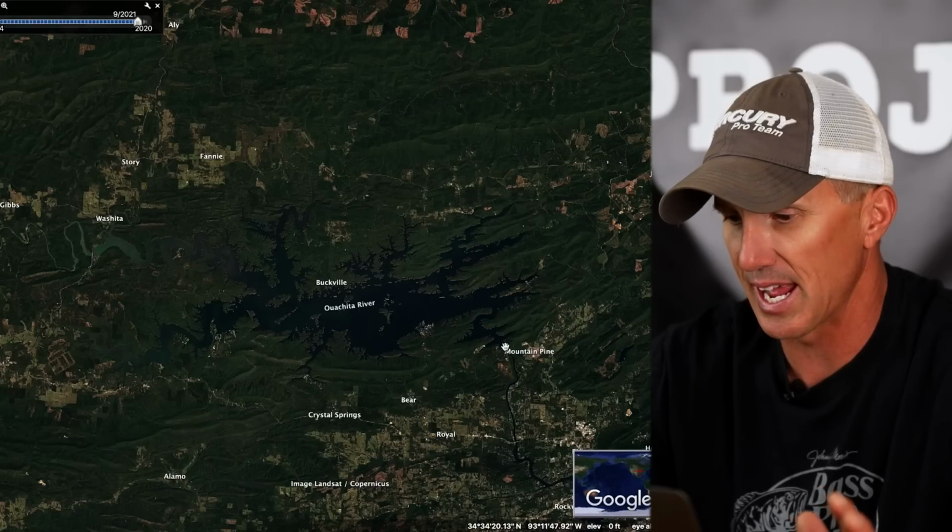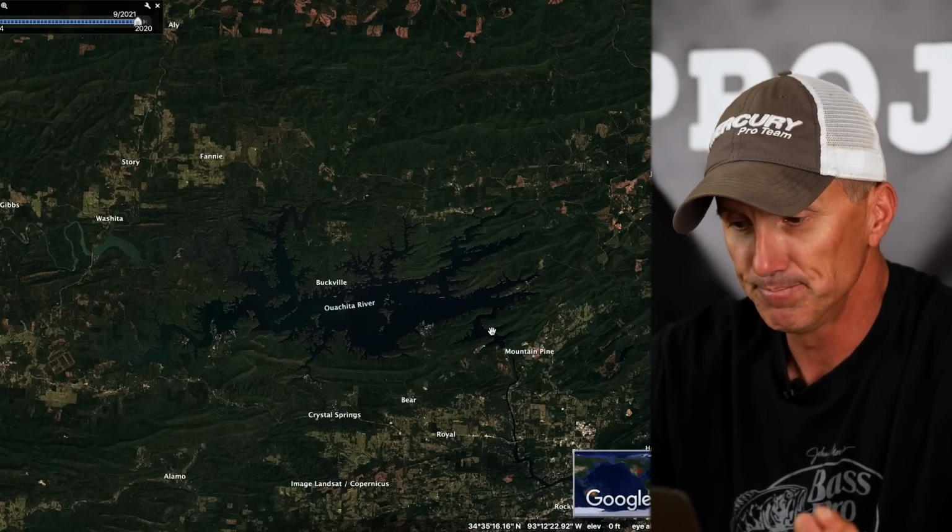This thing, you talk about no shortage of places to fish. Lake Ouachita has got that. And it's really similar to the two other lakes that we just broke down. When I zoom in on this thing, it's just got water for days. Here's the dam right here. Kind of a narrow section,